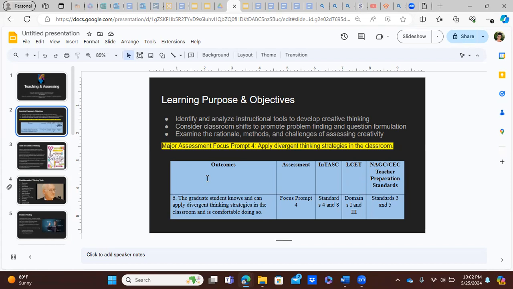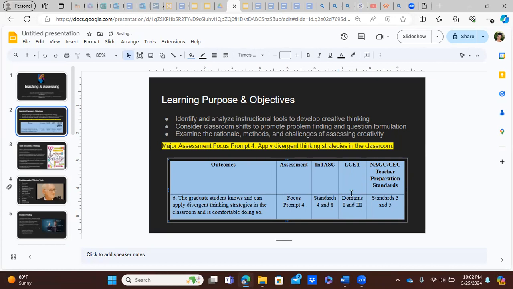And the outcome, which I snipped straight from your syllabus, is the graduate student knows and can apply divergent thinking strategies in the classroom and is comfortable doing so. And so, of course, this is something that you will grow in your proficiency and your comfort level of, but it's something that I hope to provide you with many strategies and many examples in this particular lesson, not only through this lecture, but through your book as well and through the videos that I've linked,